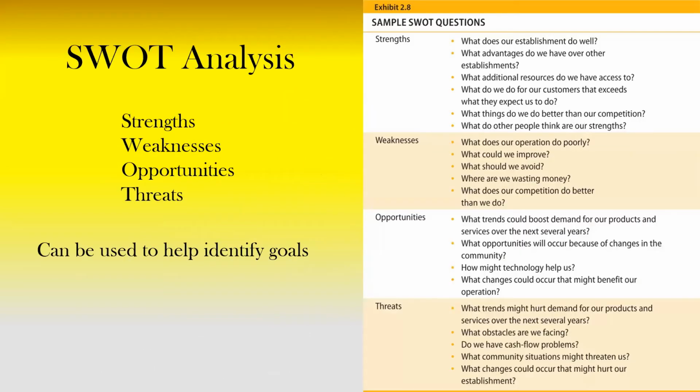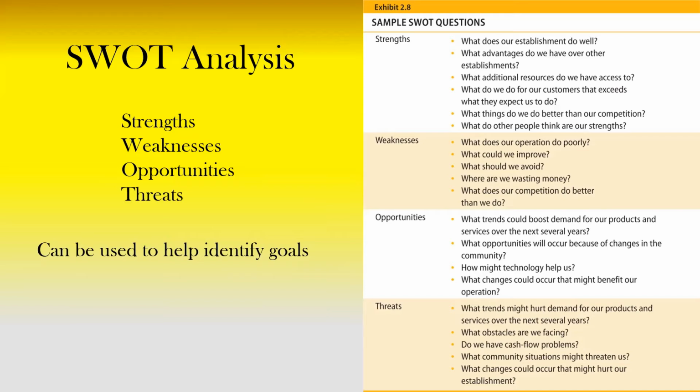So as part of goals and putting things together, we get into a bit of marketing. And one of the things that you want to do is what's called a SWOT analysis, SWOT, not SWAT. We are not part of the police force learning special weapons and tactics. SWOT analysis stands for strengths, weaknesses, opportunities, and threats. And by creating a SWOT analysis, this helps us to identify what goals we can work towards to improve our